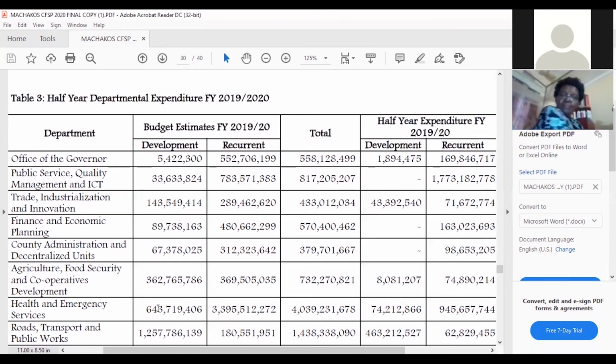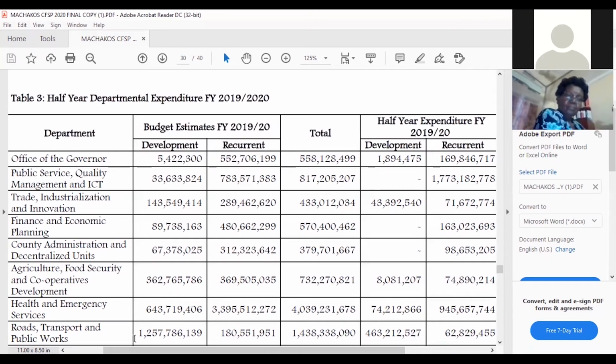So you see now this 643 for health is the one that is supposed to go towards upgrading of the hospitals in Machakos County. It is supposed to go even towards upgrading the hospitals, even purchasing maybe equipment even. So you find that this amount is the only one that was used. And you know that this is the amount that is given for the whole financial year. And a whole financial year is 12 months. So is this money adequate?